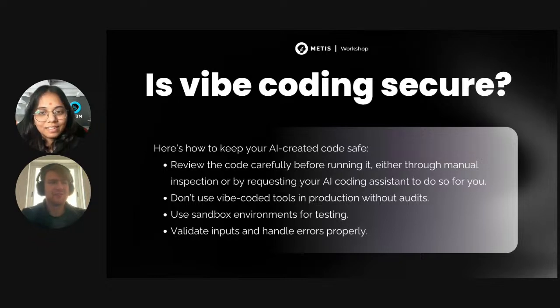But if you're trying to get started, I think vibe coding is an excellent way to try out new things, even if you don't understand all of the complexities behind security and smart contracts and all of that.